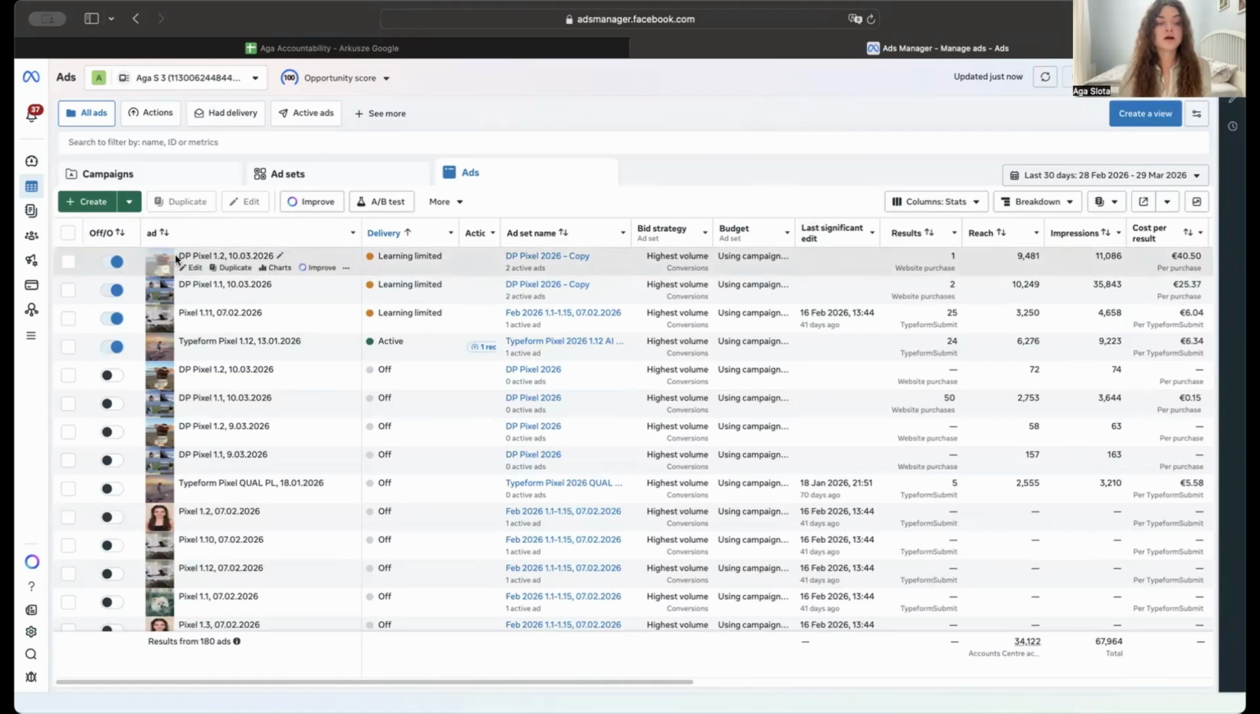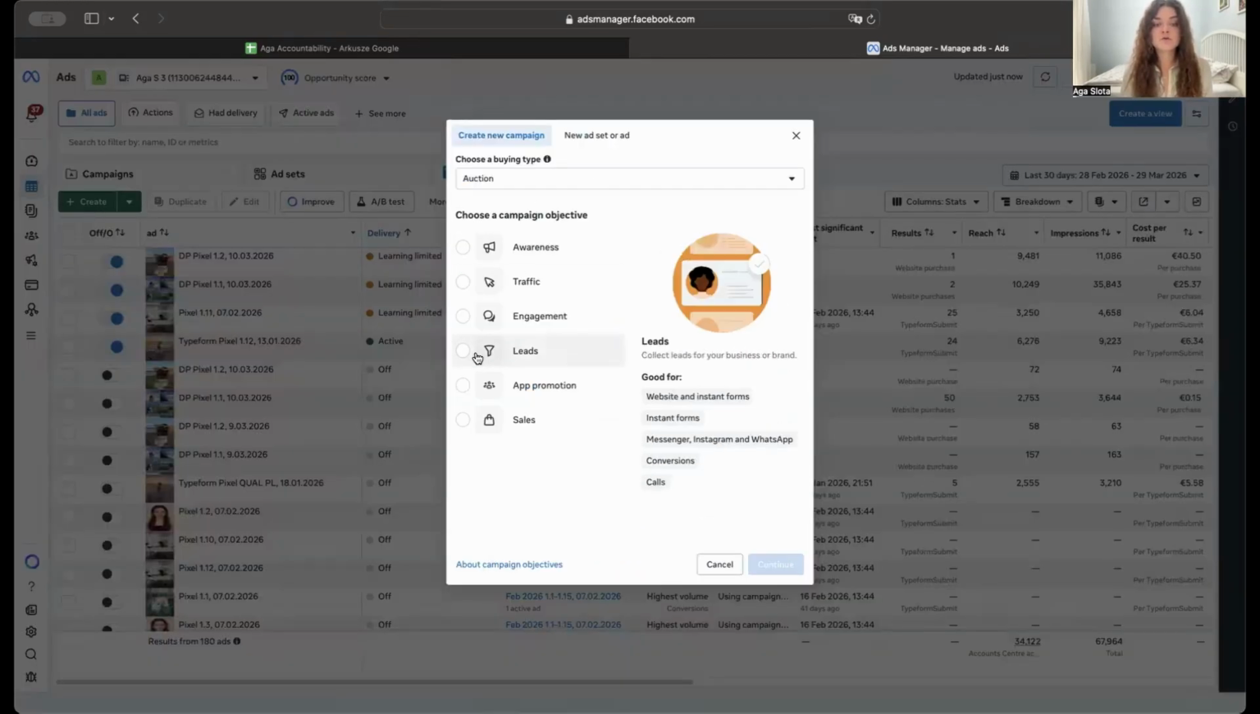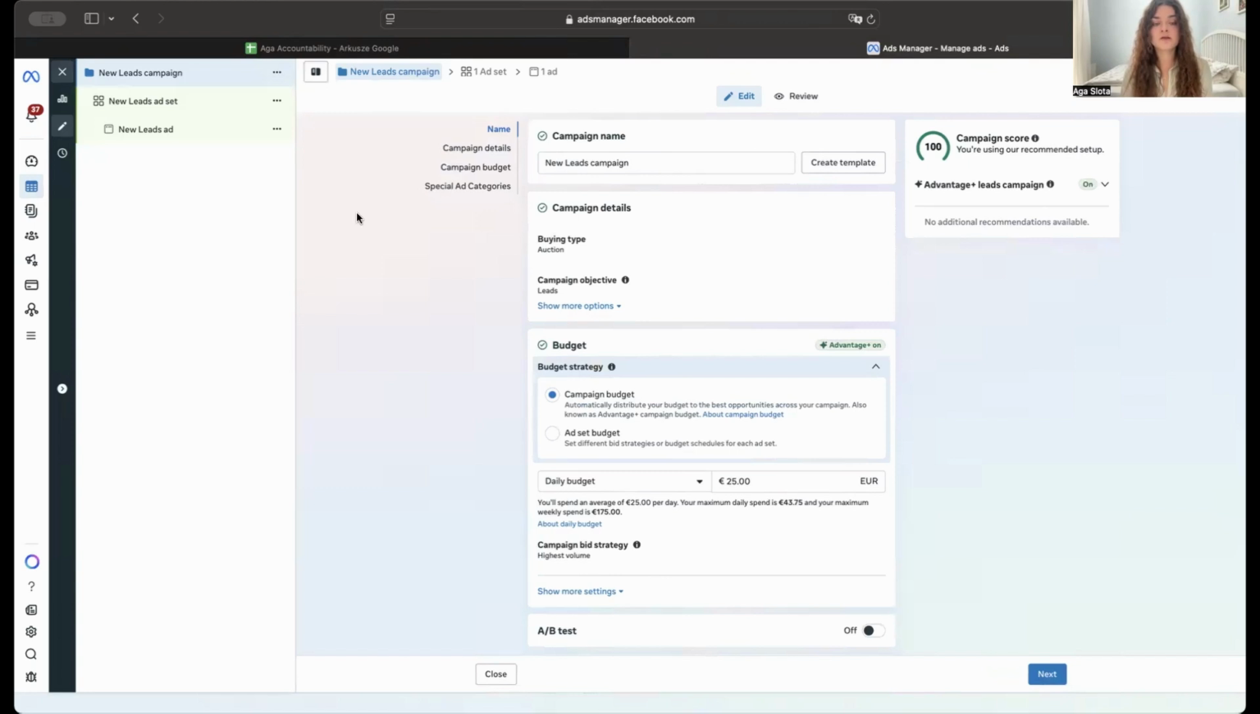So we are in Ads Manager. You click Create. You choose Leads, Continue. And we have the standard setup, which is Campaign, Ad Set, and Creative. Here we can change the name. We should change the name. So I personally use a combination of numbers and dates because that's the system I use. You use whatever works for you. I will call it